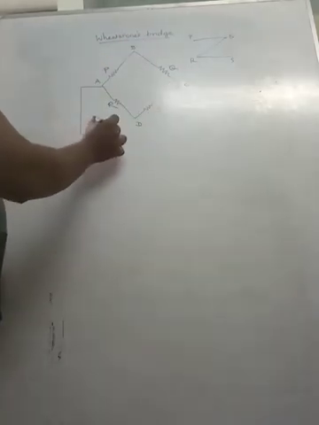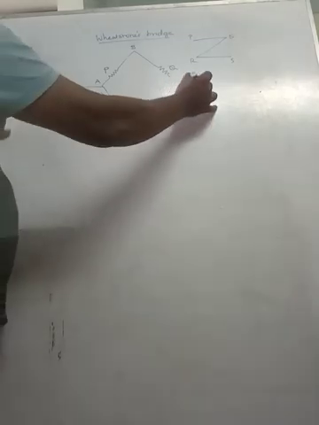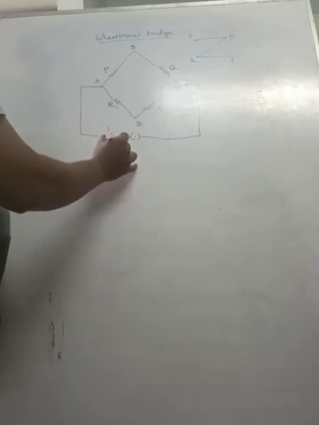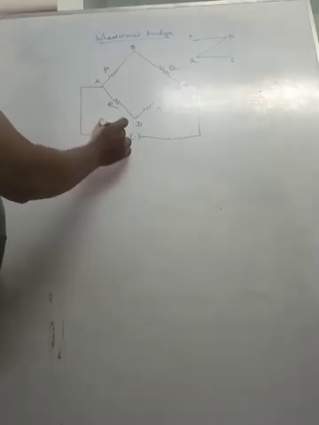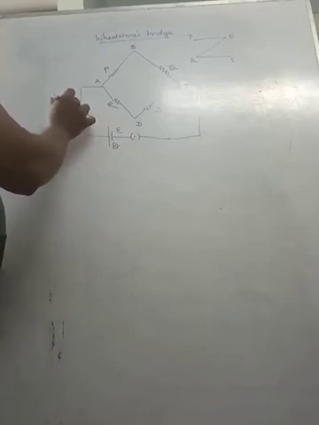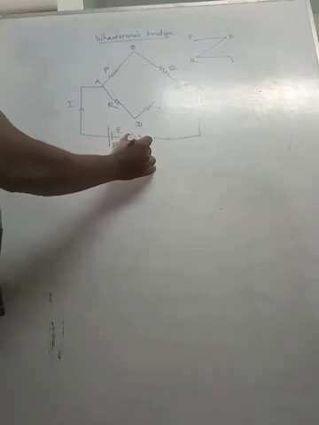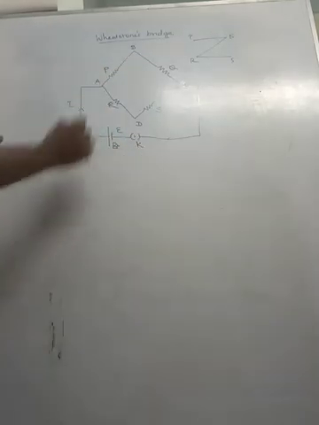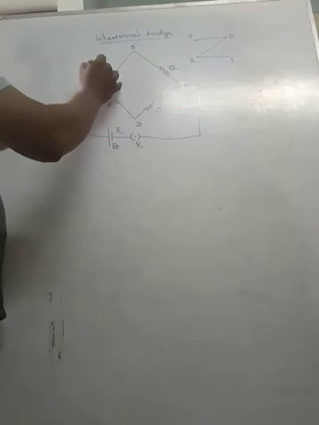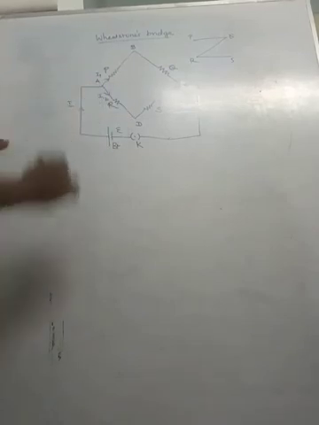Across the junction AB, there is a battery, and the key K is connected. This is the battery with the potential V, or with the EMF E, and this is the current I. And this is the key K. Now, when the current reaches here, the current has two paths, so the current will be divided. Let me take this current as I1 and the downward current as I2.